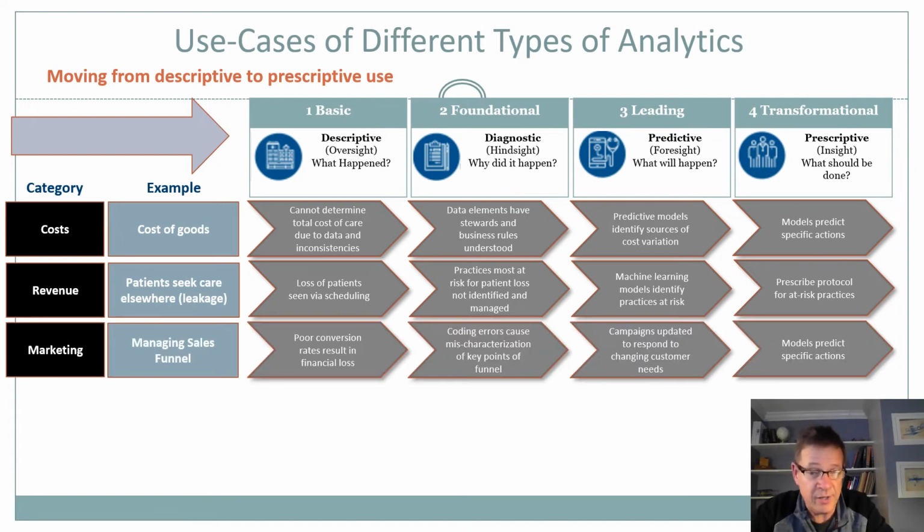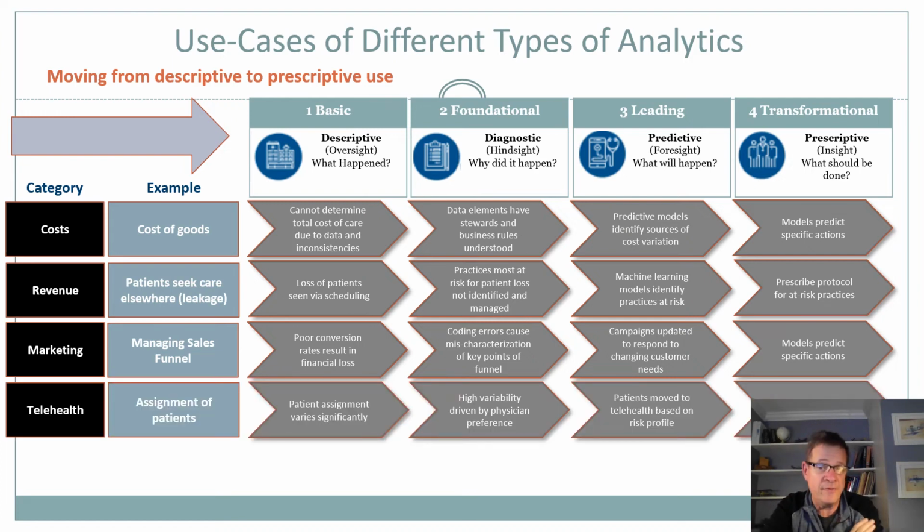If you're in marketing, you may be managing a sales funnel. And if you're at a basic level, you may have poor conversion rates, which is giving you financial loss. And then if you're moving to foundational, you're seeing that there are coding errors which are causing mischaracterizations of customers as they're in different parts of your funnel. As you're moving to higher levels of maturity, you can get into campaigns that are optimized to respond to your customer needs and models to predict your actions. And then you get and begin back in